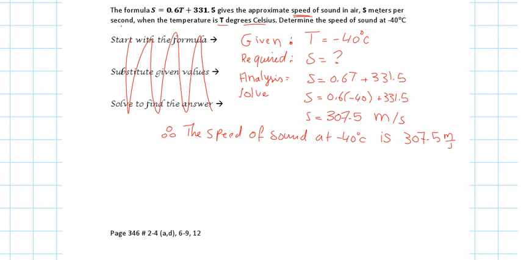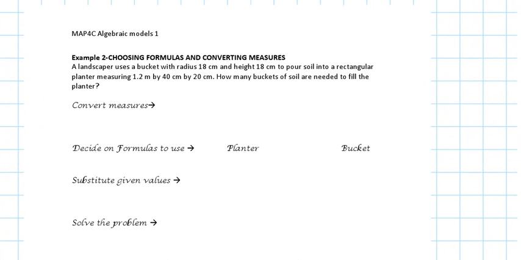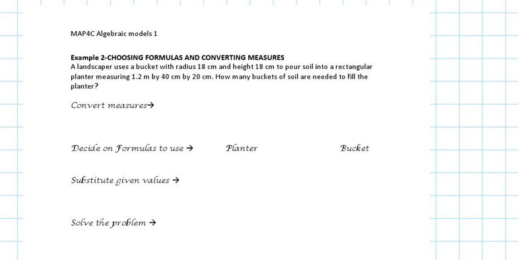So here is a bucket with a radius of 18 centimeter and a height of 18 centimeter to pour soil into a rectangular planter measuring 1.2 meter by 40 centimeter by 20 centimeter. How many buckets of soil are needed to fill the planter? So